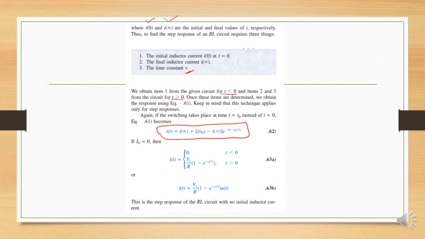One more thing. If instead of t is equal to 0, we have t is equal to t naught, then our exponential would become minus t minus t naught instead of t. Minus is related to the exponential, so I am not writing it over here, t minus t naught. And this is our final I of t.